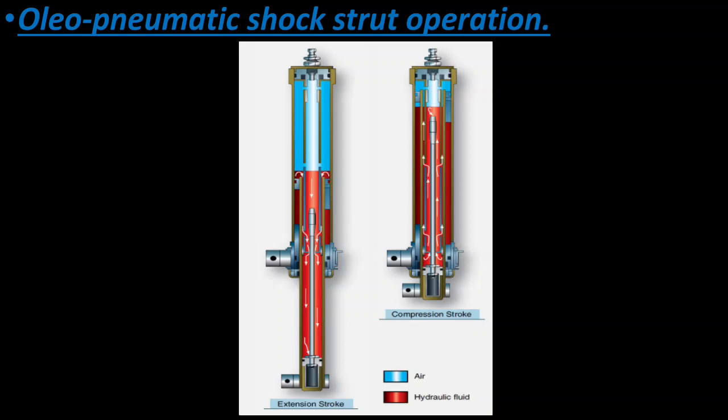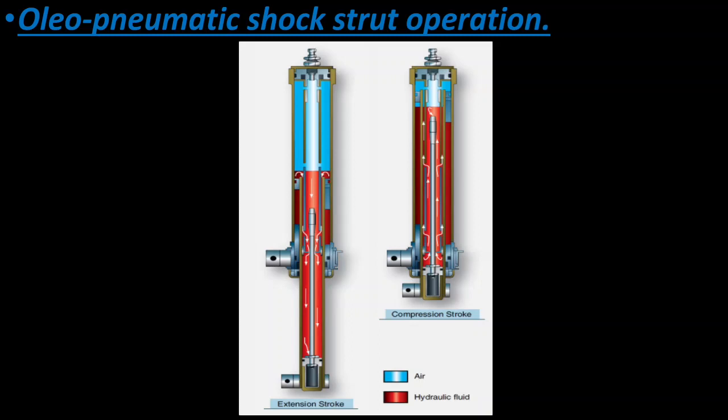You can see, as we know, the metering pin is moved up through the orifice, and the taper of the pin controls the rate of fluid flow from the bottom cylinder to the top cylinder at all points during the compression stroke. And at the end of the downward stroke, the compressed air in the upper cylinder is further compressed, which limits the compression stroke of the strut with minimum impact. So energy stored in the compressed air in the upper cylinder causes the aircraft to start moving upward in relation to the ground and lower strut cylinder as the strut tries to go to its normal position.